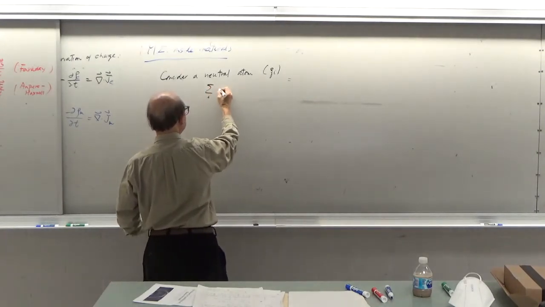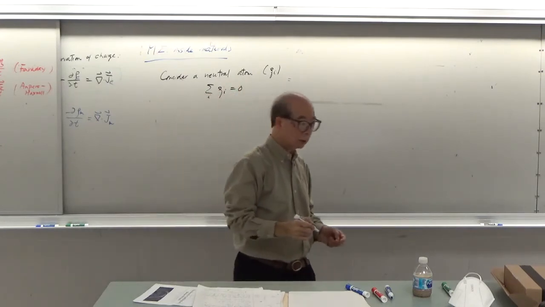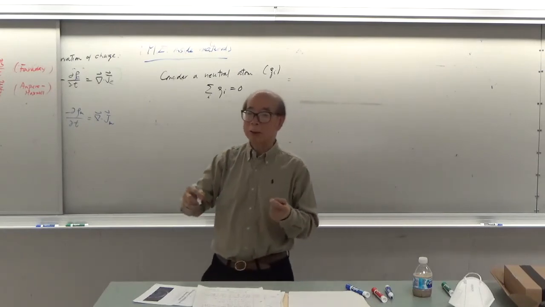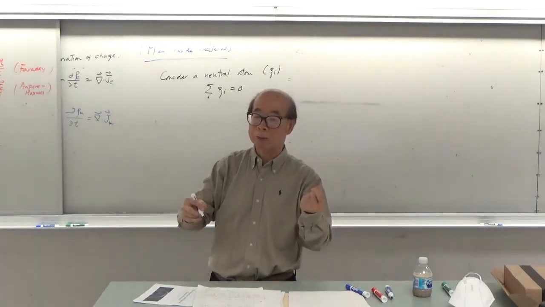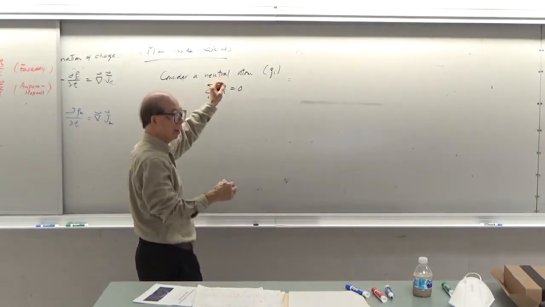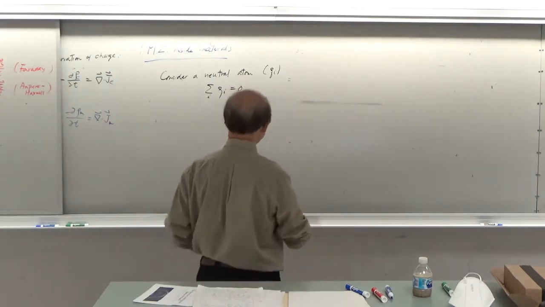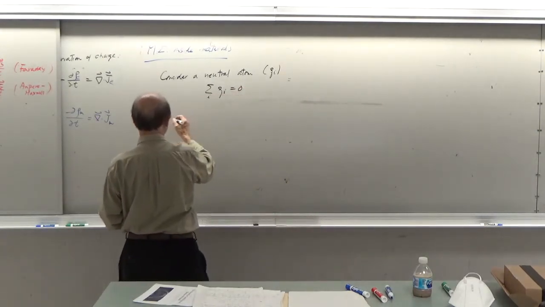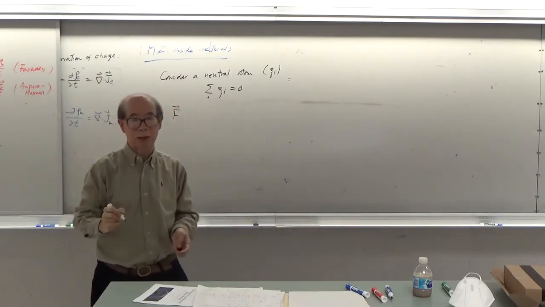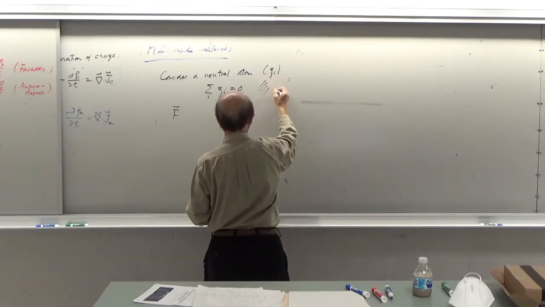Sum over i of Qi is 0. Charges inside the atom move around, but its center of mass hardly moves. So it is convenient to use the center of mass of this atom as the origin of the coordinate system. Let's do that. So we are interested in finding the force acting on this neutral atom due to an external